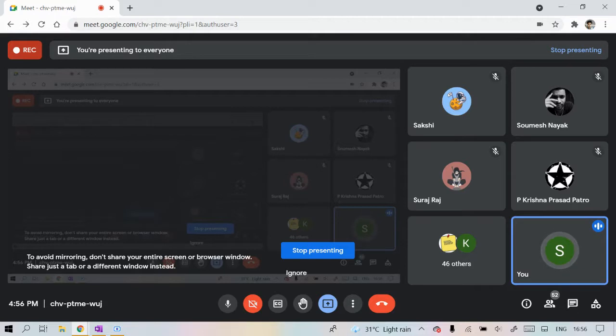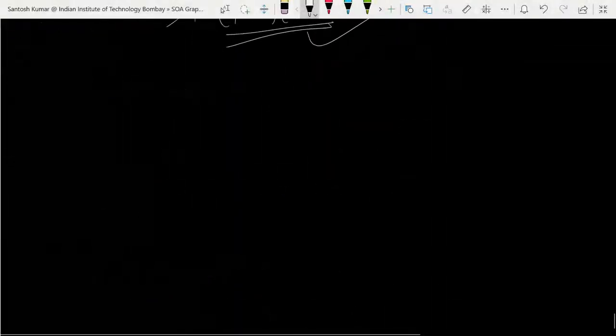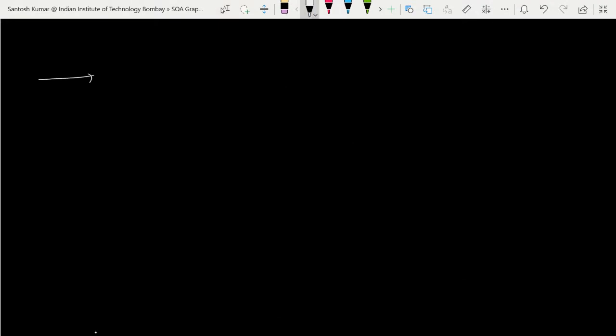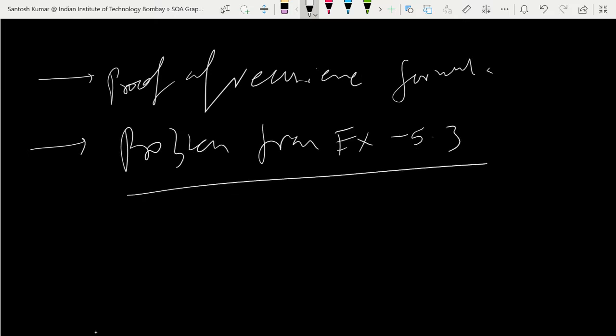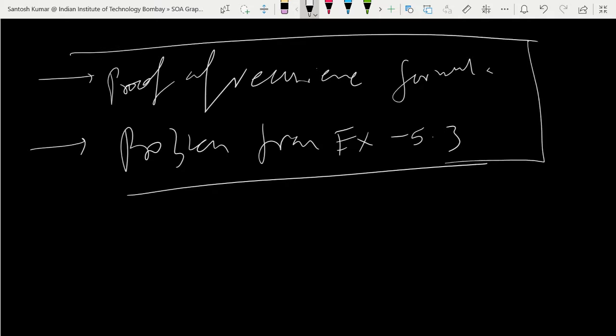So we have to solve problems based on these topics. From the exercises, exercise 5.3 is what we are solving actually. So next class I will solve exercise 5.3 and the proof of this. In the next class I would like to do the proof of the recurrence formula and then problems from exercise 5.3. Then this chapter will be completed and then we'll start with the sixth chapter.